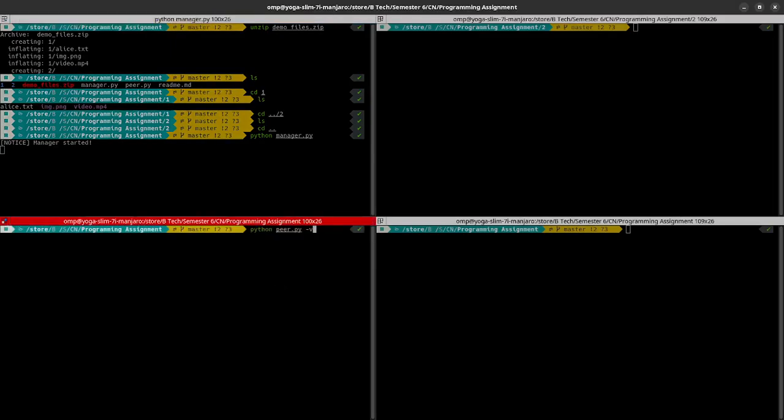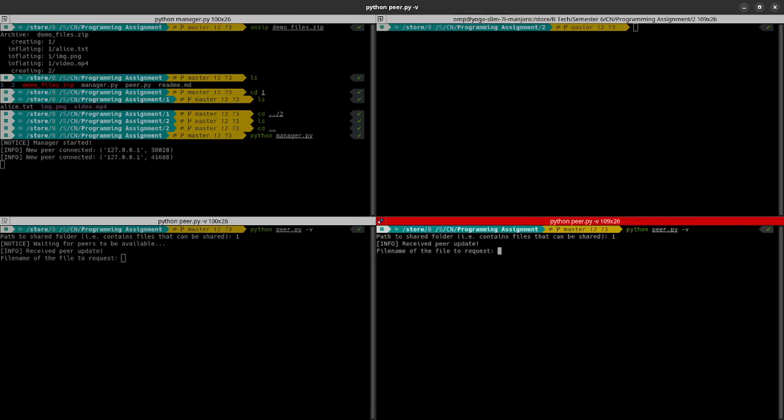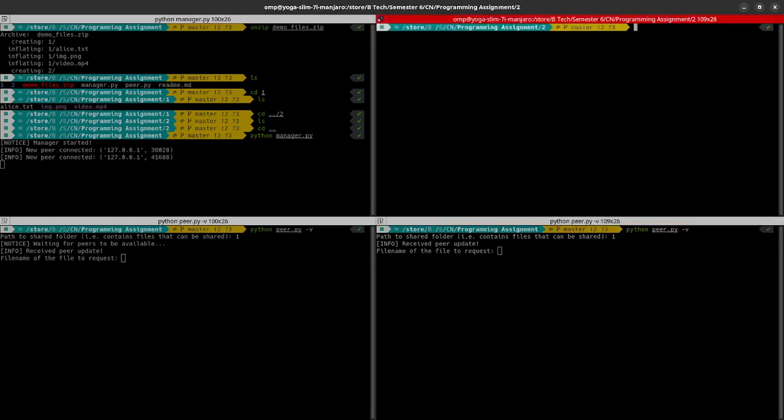After this, we'll start the peer node with the verbose flag so we can see what is going on. When you start it, it'll ask you for the shared folder, which will contain the files that can be shared. For two of the nodes, we'll be setting the shared folder as 1, which contains the three different files. So this is the first node, and this is the second node, which has the shared folder as 1. And for the third node, we will be setting the shared folder